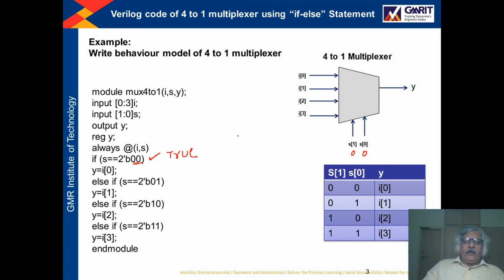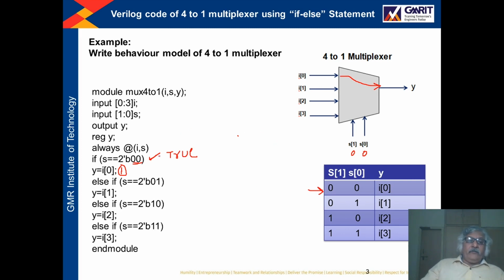So if the value of S is 0 0, then this statement, I will call it statement number 1, will be executed. And what is this statement? I0 will be assigned to Y. So this is this row of the truth table. This functionality is implemented here.